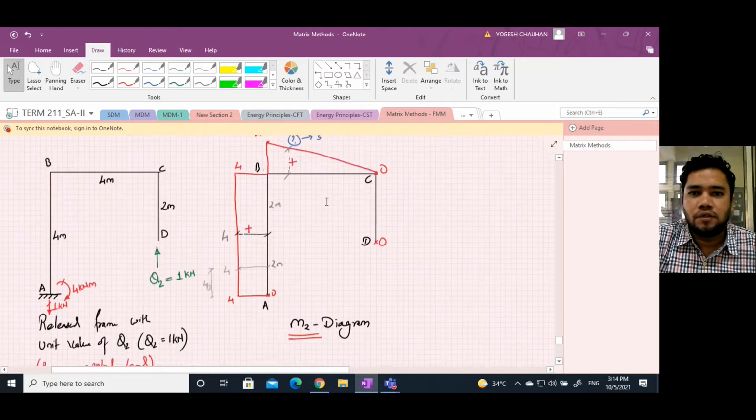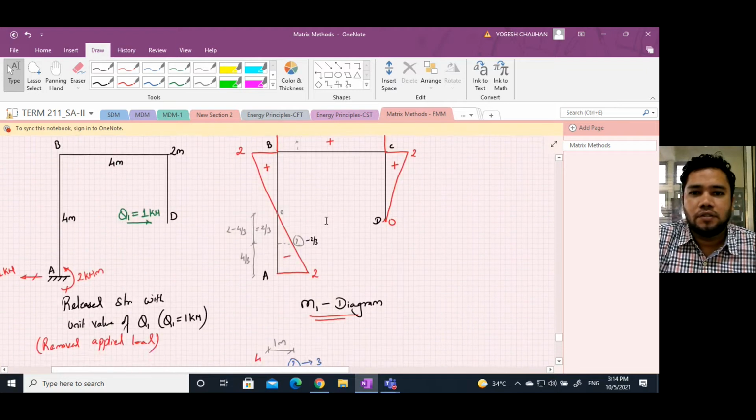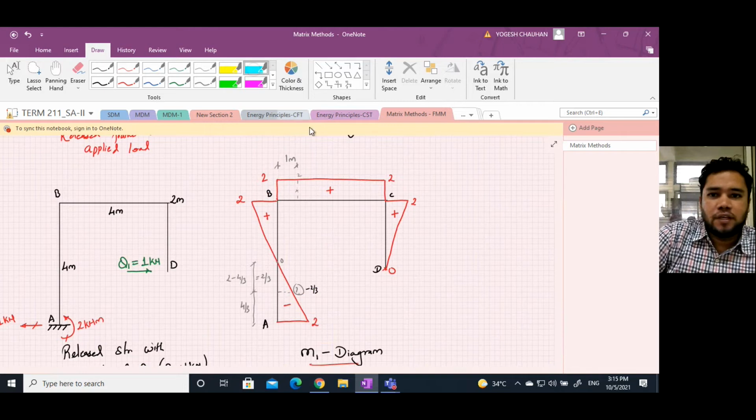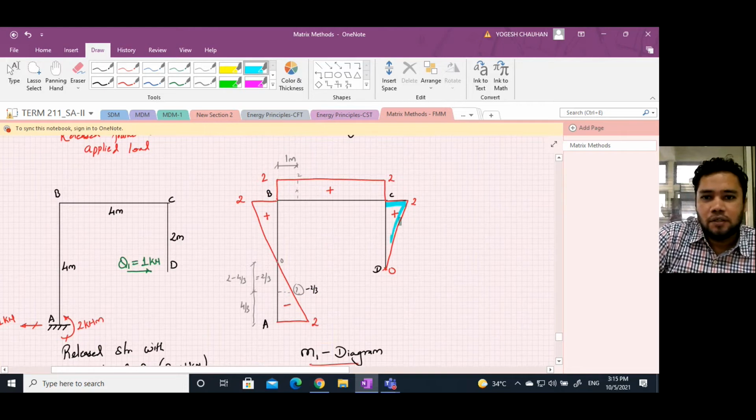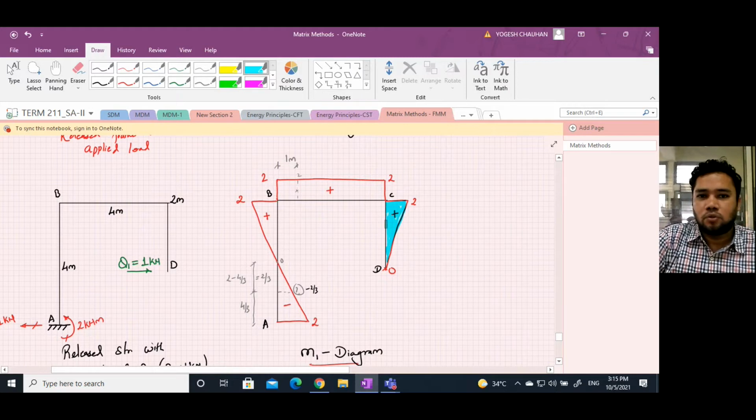you take the area of the small m1 diagram. So the area of this small m1 diagram will be this part, it will be 1 by 2 into 2 into 2. 1 by 2, base is 2 meter, height is also 2 meter. So 1 by 2, 2 into 2. Then its CG distance will be at 2 into 2 by 3, that means 4 by 3 from point D. And corresponding to that, you have to find the ordinate in the M1 diagram, in the same diagram.